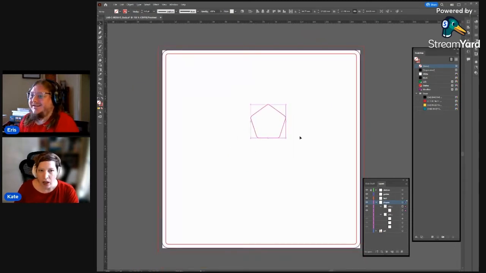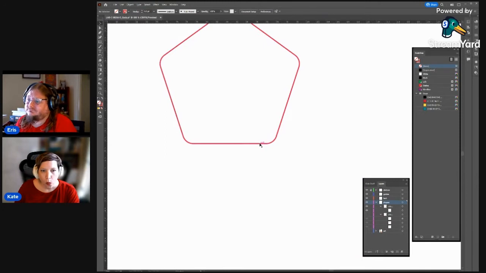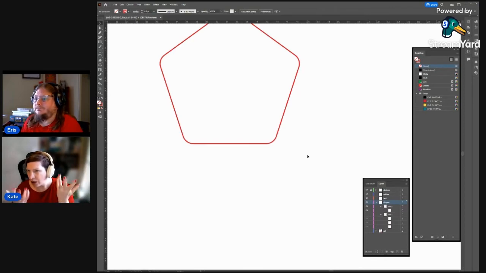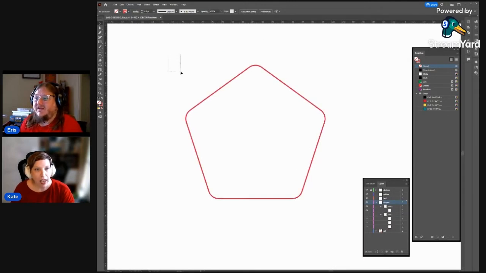This is a pentagon. It's got 5 sides, and you can see that the corners are a little bit rounded. With any shape that you make, it's important that your corners, if they are sharp corners, you have to round them off a little bit. And this is because the metal that they use, they can't bend it at an absolutely perfect sharp corner. It's always going to have a little bit of roundedness to it. So you get to decide that. So in this case, I just put a nice little rounding on it. It's nothing fancy.